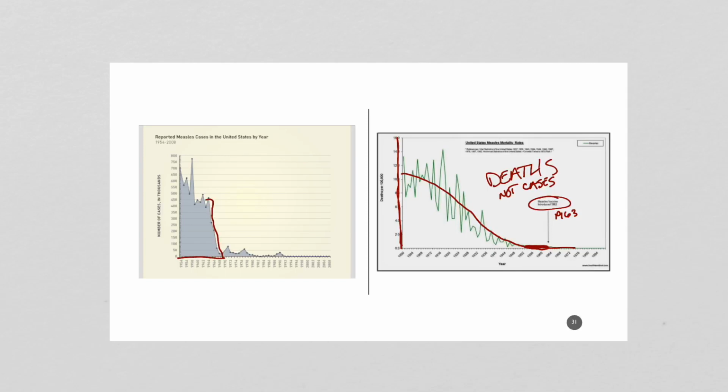There were still a lot of cases, and this is a number in thousands. So 500,000 cases right there, 450,000 cases right there. The vaccine comes online in 1963 right here, and what happens? Boom. The number of cases drops. And then in 1990, second dose is recommended, and it just drops to almost 0. Now we have only a couple of hundred cases. We don't have thousands. We certainly don't have 500,000 cases.